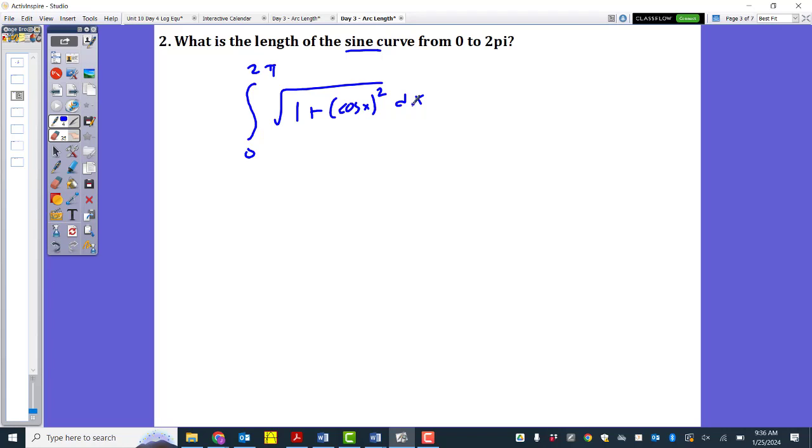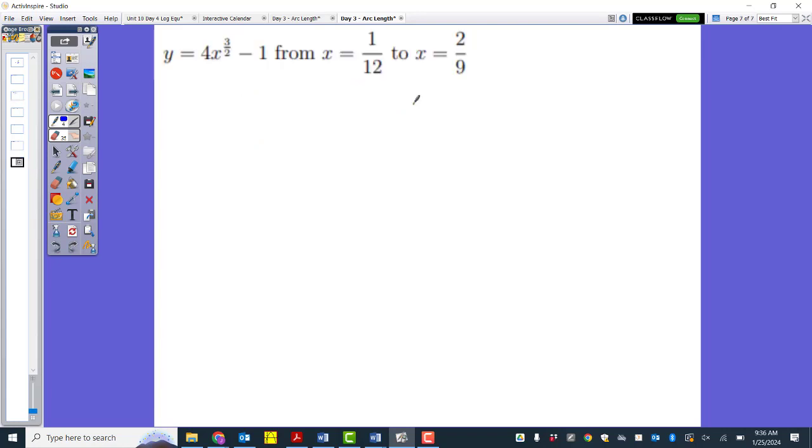I could go through every single other problem we have on here, but there's really only one more I want to go over. This is one that would be one to do by hand. Something like this. We'll take our derivative, and we end up getting 6x to the 1/2 as our derivative. So we do the integral from 1 over 12 to 2 over 9, square root of 1 plus 6x to the 1/2